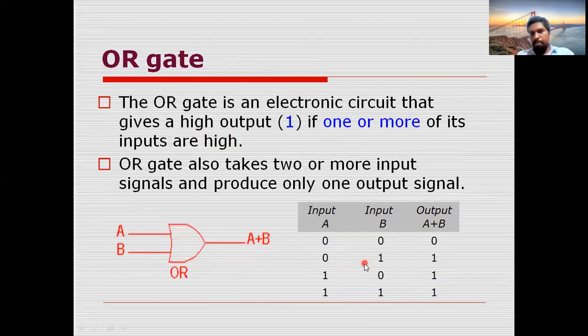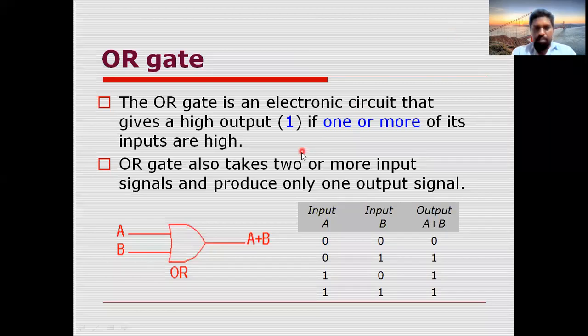Next, what about the OR gate? It is nothing but the operation of OR, addition. Already we have seen this table previously. This is the symbol of the OR gate and the output expression is A plus B. So how can you define the operation? The output of the OR gate will be 0 when all the inputs are 0. In all the rest of the cases, it will be 1. Like that, you can decide the operation.